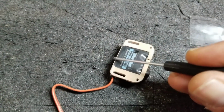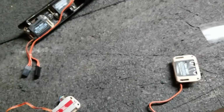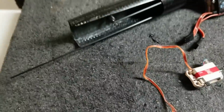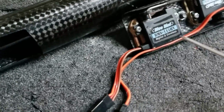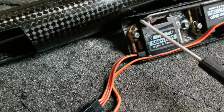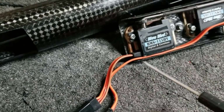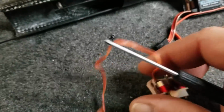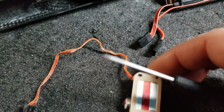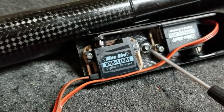So I've really ground down this back edge of the frame and sort of rounded it. And the idea is that you want to get it to fit really tightly up against this side of the wall, because the servo doesn't have much room on this end. So you want to move the servo as far back as possible. And that's why I removed and ground down the back part of the frame. The X08 doesn't really need that because it's a lot narrower. But I did make a little sort of relief here for the nut,